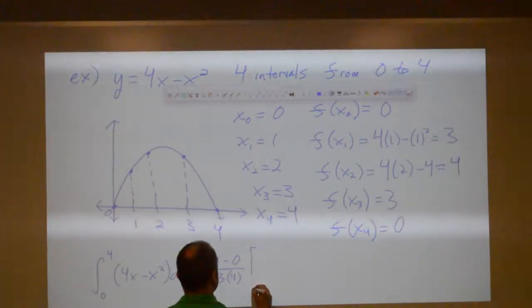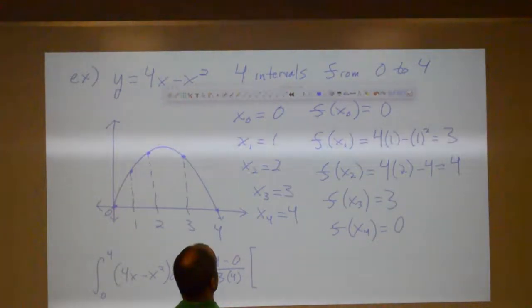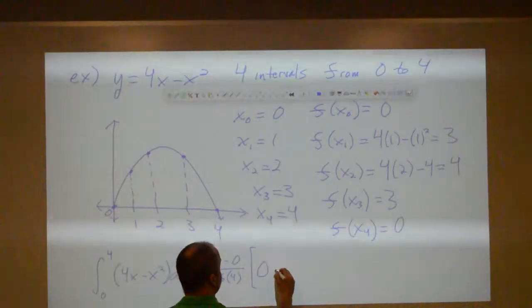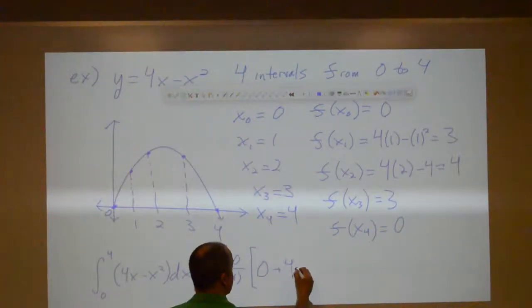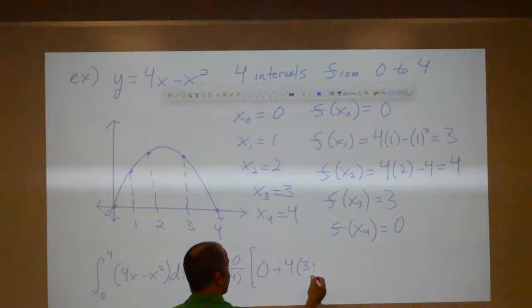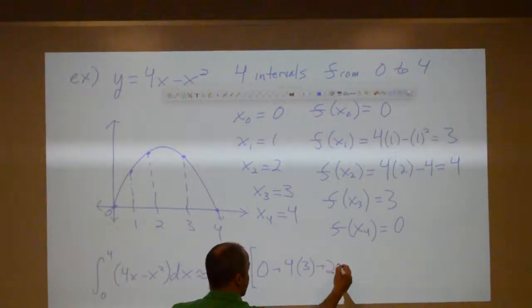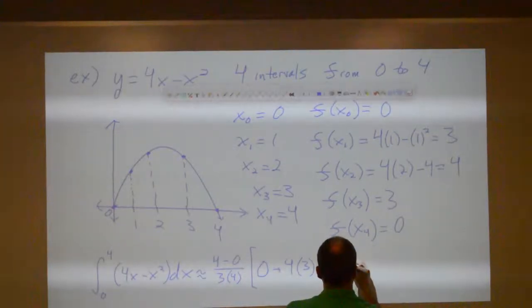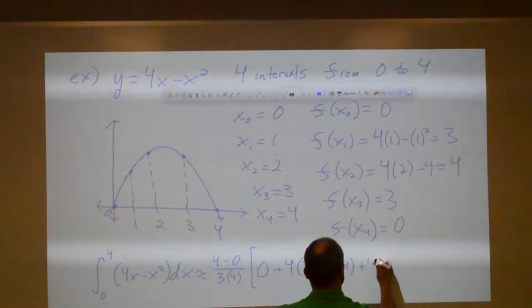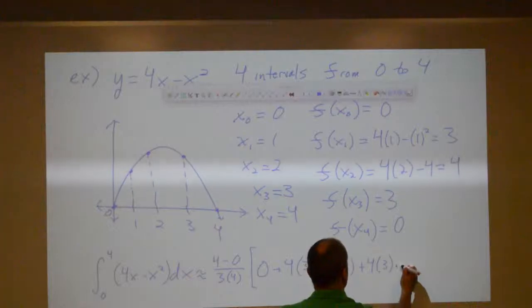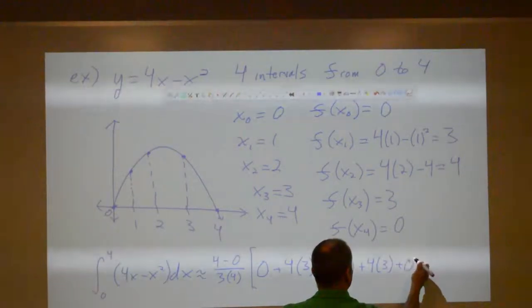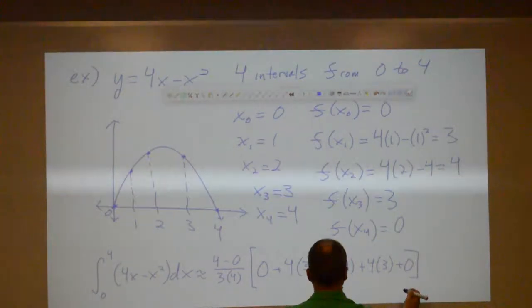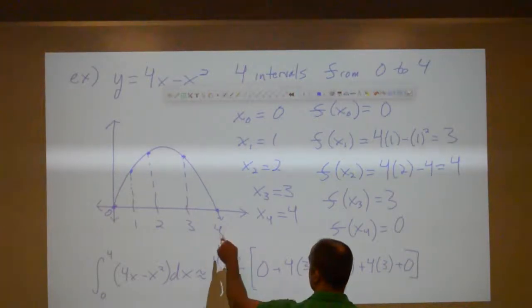Yes. And then that's multiplied by the first y value, which is 0, plus 4 times the next y value, which is 3, plus 2 times the next y value, which is 4, plus 4 times the next y value, which is 3, plus the last y value, not multiplied by anything, which is just 0, times my delta x, which is